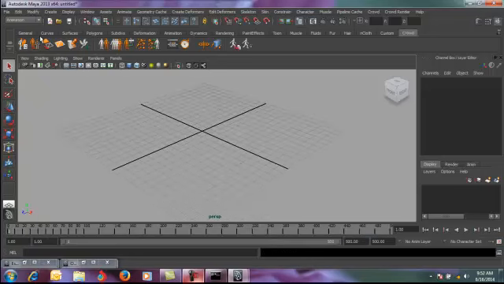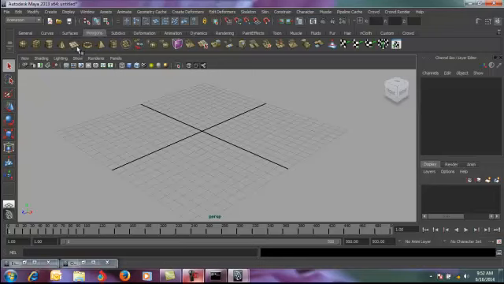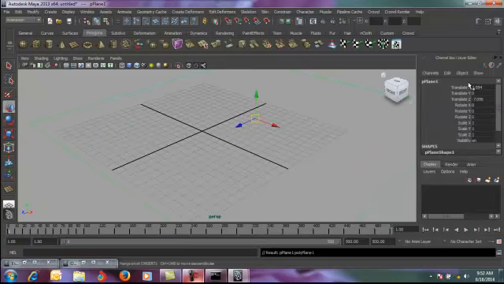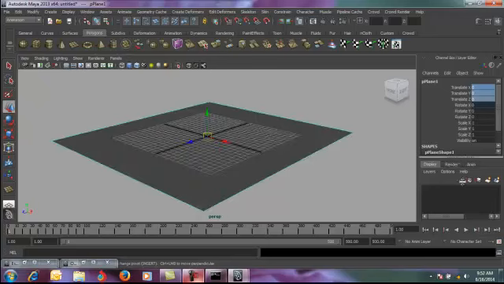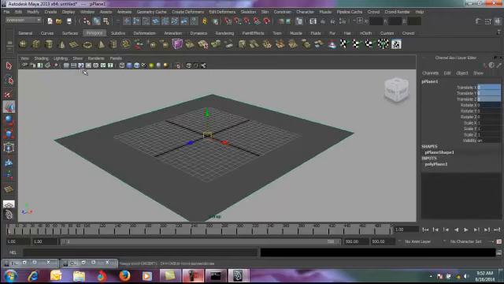Okay, I'll be adding a plane first, just to give me the feel of a terrain. Now obviously you can do a lot of things with terrain as far as crowd is concerned, Golaem is concerned, because you can set up obstacles, you can set up attractors. That's a whole new segment to it. We will just come to that later on. Here I'm just going to take a generic plane to act as a floor for my crowd.